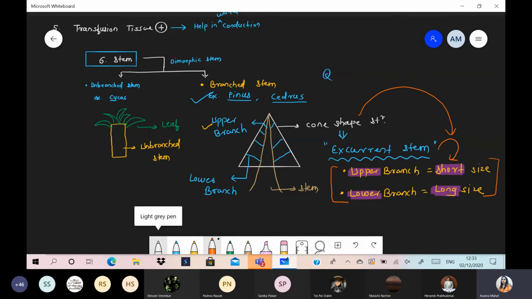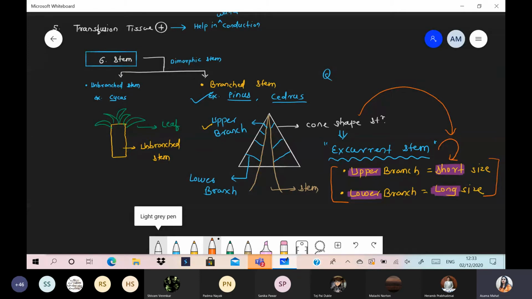So to avoid the excess snow which gets accumulated on the leaf and on the stem area, they just fall down. For that purpose, such an X current type of system is present. Clear? Clear this point? Number 6.